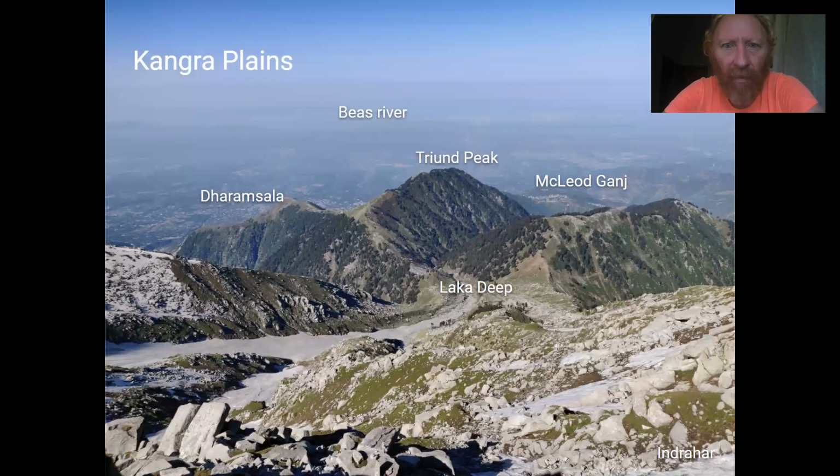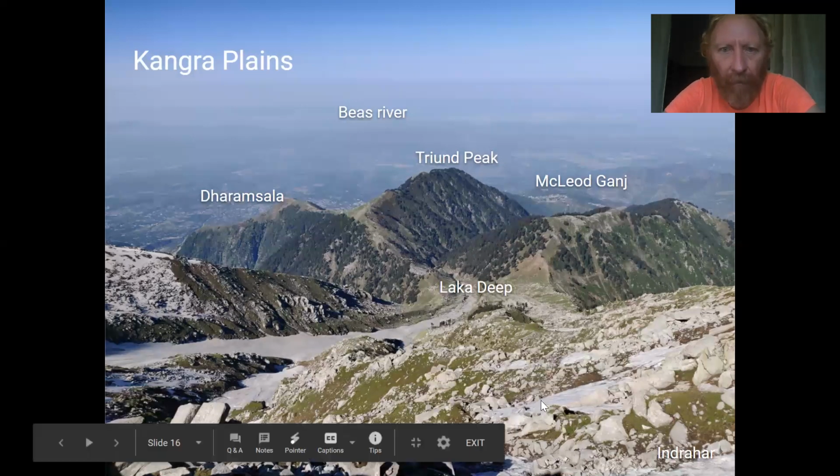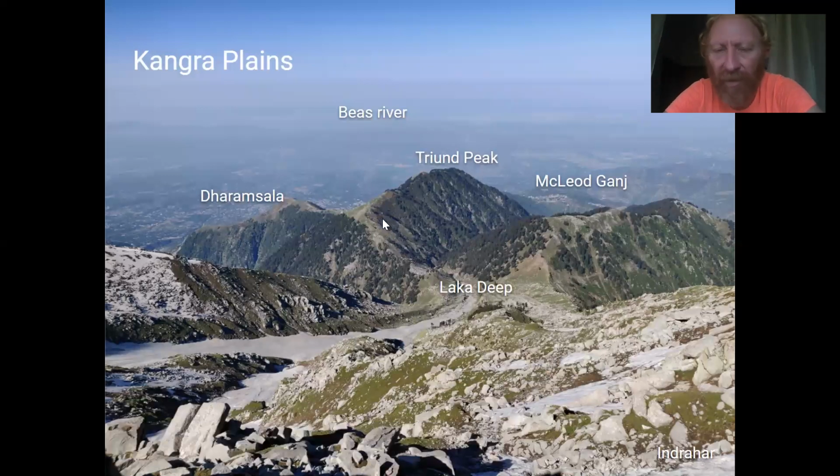Here another beautiful bird's eye view on the way climbing up to the Indrahar Pass. Here we have Lakadip. So this is a bit of a touristic route. At Lakadip, you have several restaurants, dhabas on the way, quite pricey. Here we can see McLeod Ganj, where the Dharmas,